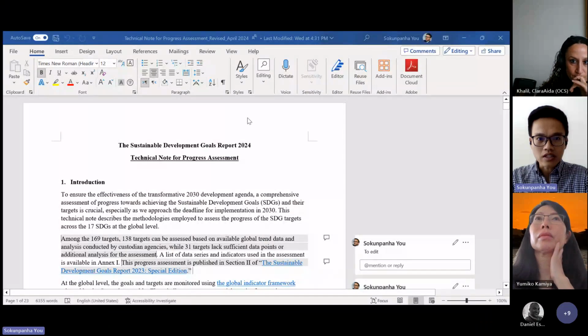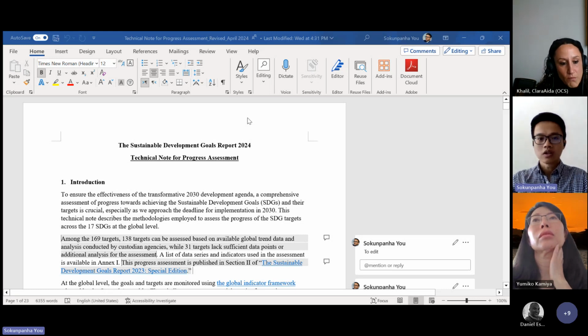We are in the process of now, hopefully today, finalizing all these changes and revising this note so that we can implement the first version of this new note in the upcoming SG progress report for 2024.